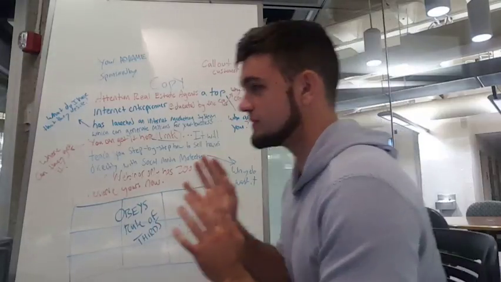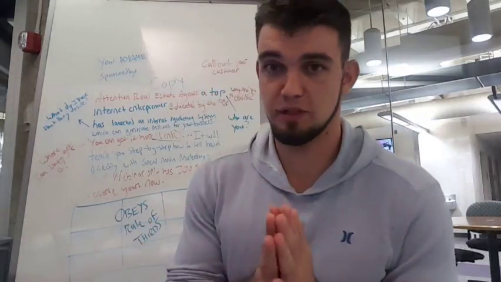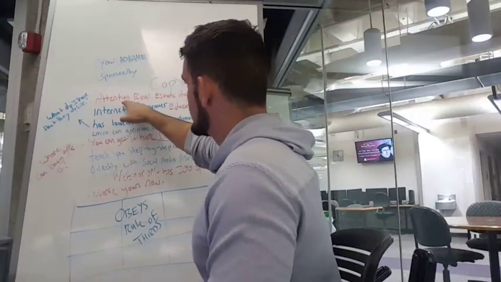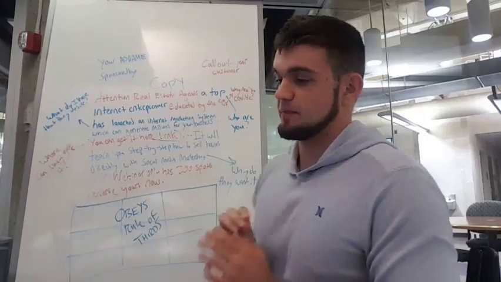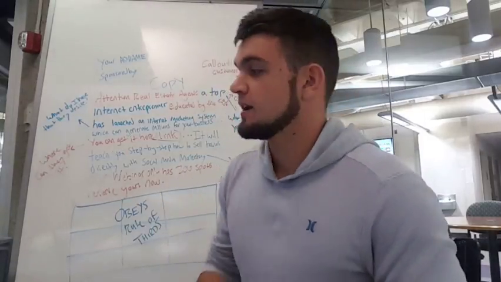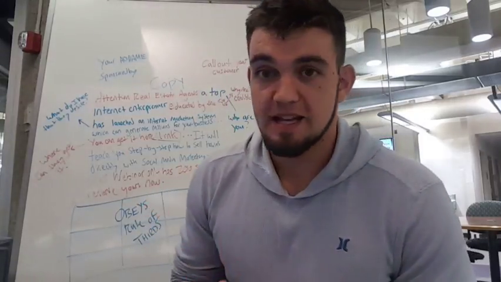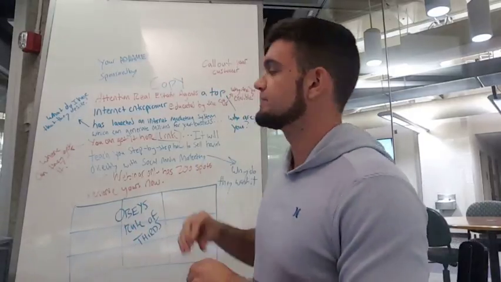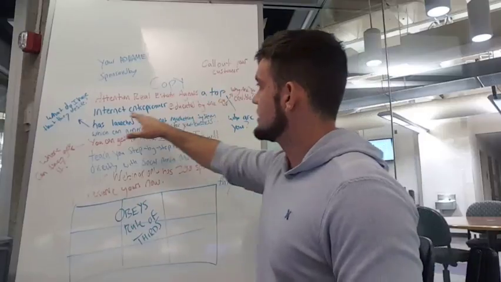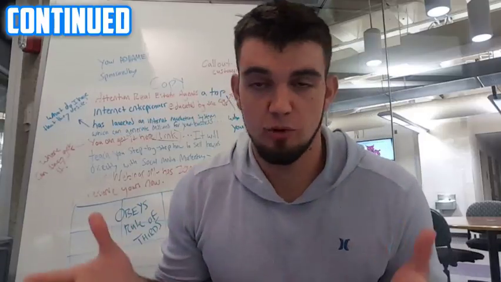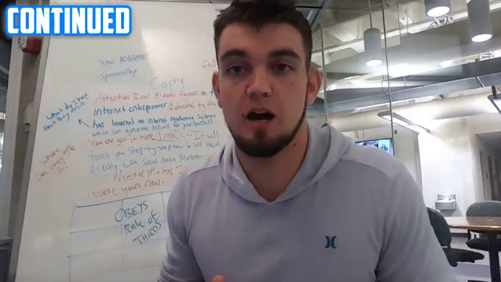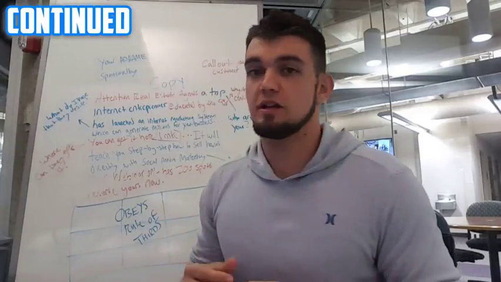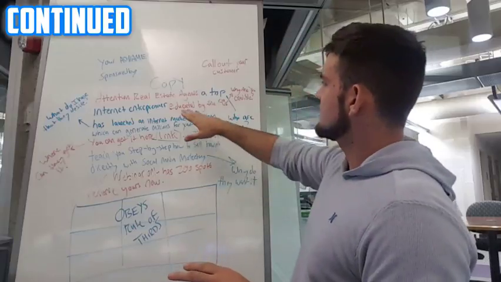The first thing, the number one thing you want to do is call out your customer, okay? So I did this here. Attention real estate agents, okay? I'm calling out my customer. The second thing you want to do is ask, who are you? Tell them who you are. So I say, a top internet entrepreneur. That's who you are. Just say, broad, a top internet entrepreneur. The third thing you want to say is, tell them why you're credible. Educated by the